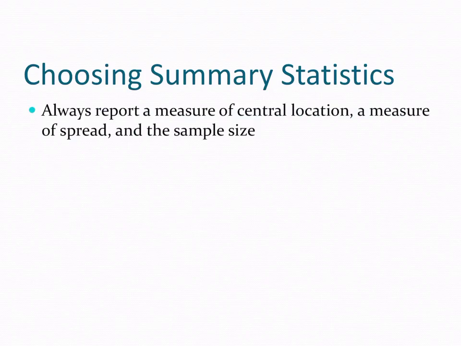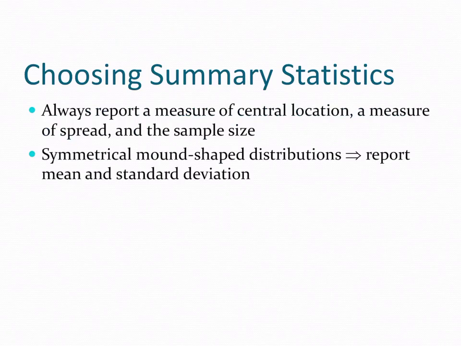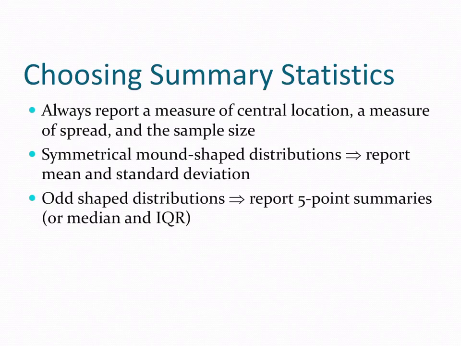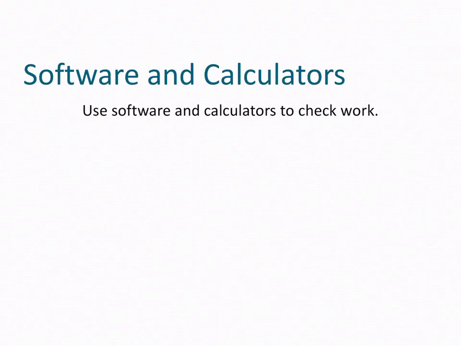So, choosing summary statistics: always report a measure of central location, a measure of spread, and the sample size. A central location would be anything like our mean, median, or mode, the measure of spread would be range or quartiles, and then the sample size. I'm going to try to finish up really quickly. For symmetrical, round-shaped distributions, report the mean and standard deviation. For odd-shaped distributions, report the 5-point summary and IQR. And lastly, always use software and calculators